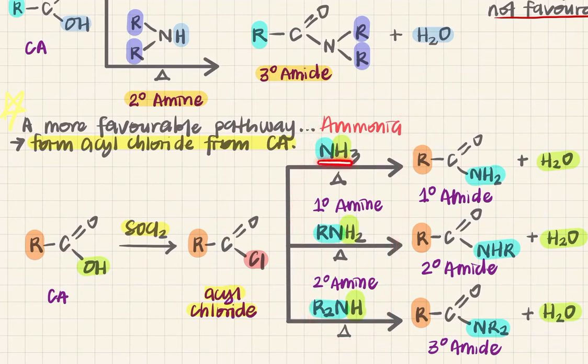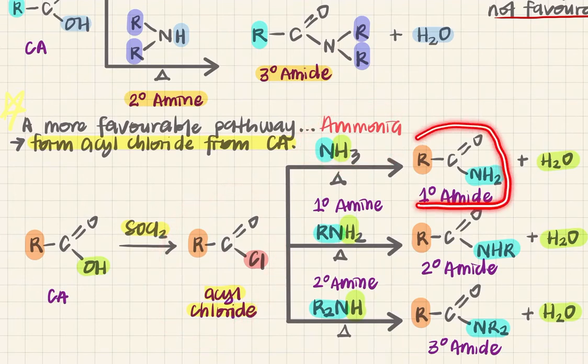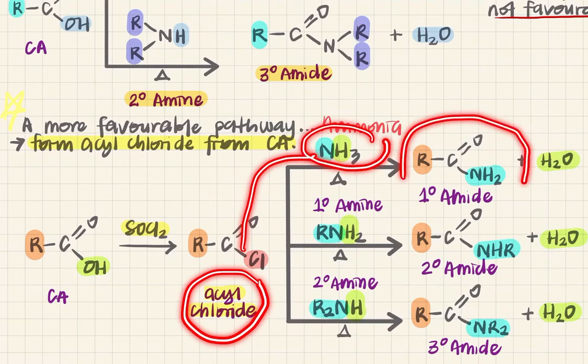So ini adalah ammonia, NH3. This is amine, primary amine. Okay, because it has 1 R group attached to this end. Ini ada secondary sebab dia 2 R groups. Okay, so if you react your acyl chloride with ammonia, you will get primary amide. Okay, dia bukannya ini primary amine dapat primary amide. Ini adalah acyl chloride react with ammonia, you will get primary